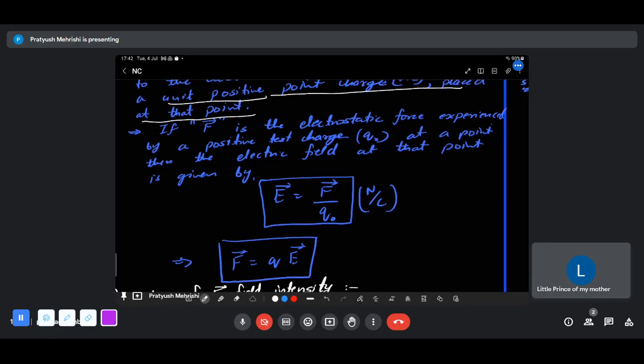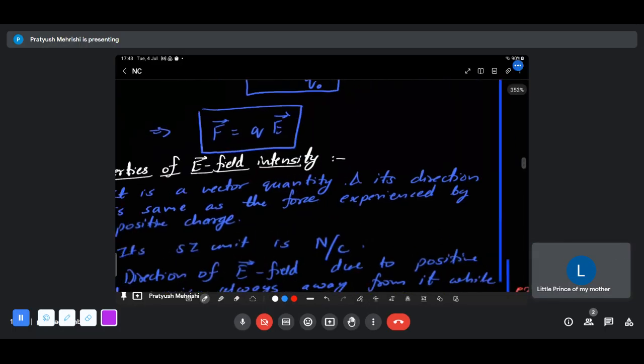Yes, what were you saying? Do we need to specify whether the charge is positive or negative? No, sir. Whenever a negative sign is not written in front of the charge, it is understood as positive. Until a negative sign is specifically mentioned, we take the charge as positive only. So here we are assuming that the charge is positive only. Got it now? Yes, sir, got it.